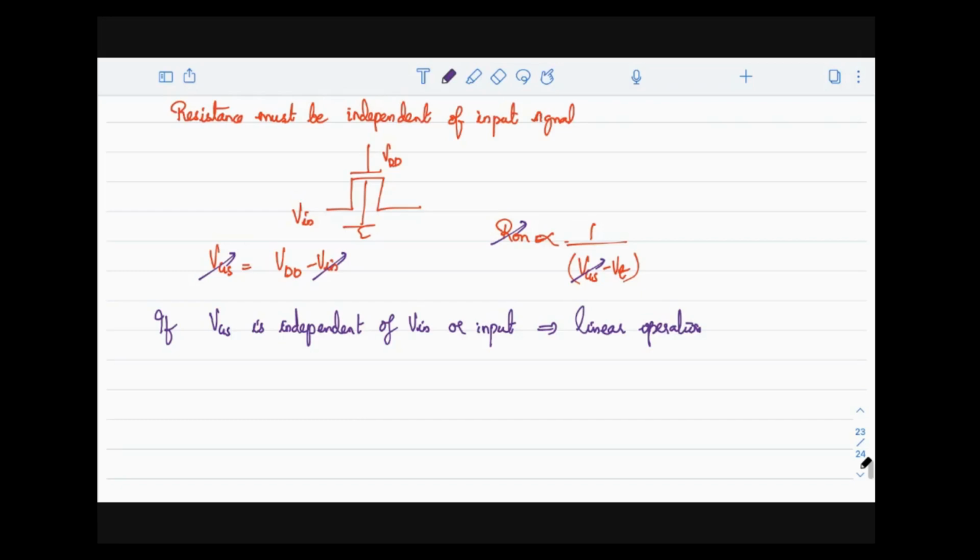VDD will not be directly connected. No, the problem is not that. The problem is Vin. Any thoughts? I'll just use another PMOS, looking at this transmission gate. Even in a transmission gate, when we combine those two, we draw the on resistance as almost constant, but it is not actually constant. You have a nonlinearity even over there.